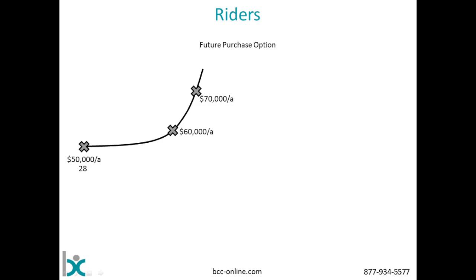It'll increase the cost of their policy, usually by somewhere around 20 to 25%, so it's not an inexpensive rider to add on, but we're going to see that this could be very valuable for our business owner. Because what happens now is, let's say this happens at age 31, so at age 31 now they're making $60,000